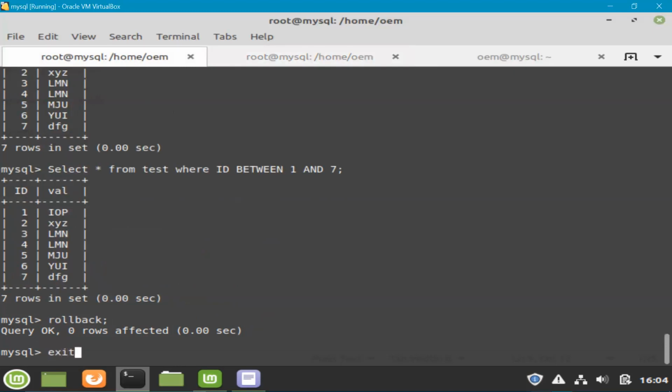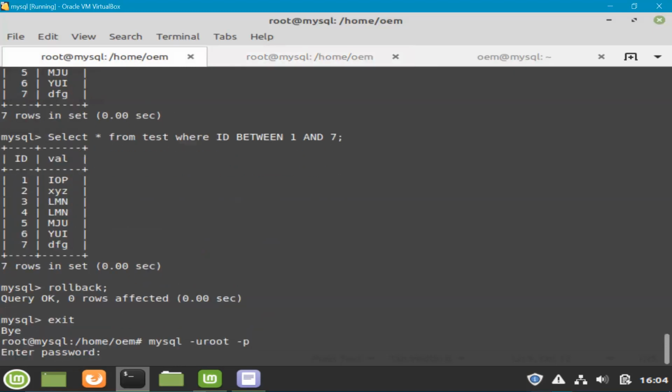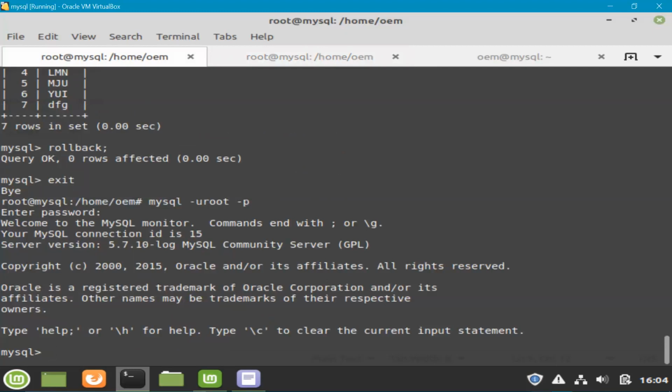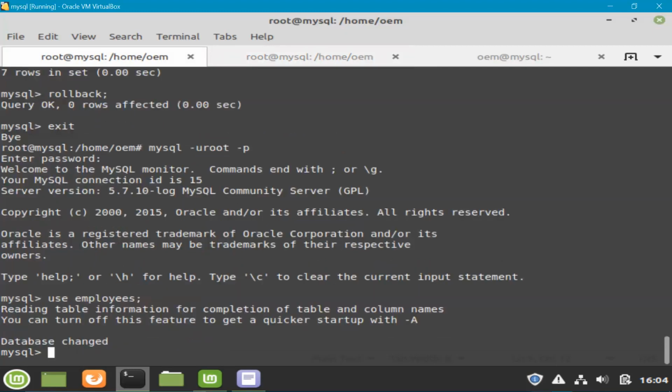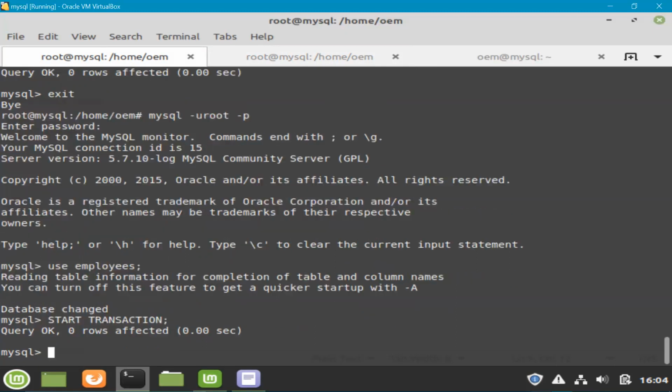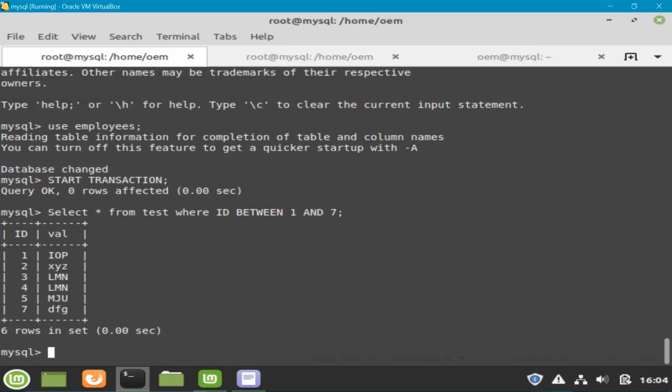And here also I'm going to do the same thing. Okay, done. Now this time I'll start a transaction, start transaction, and then I'll do the same select. You have got the IDs 1 to 7 and the corresponding values.